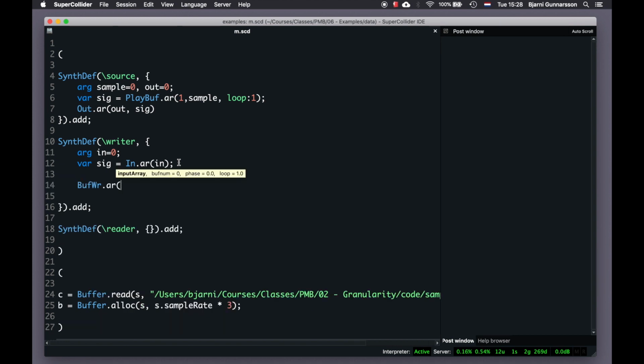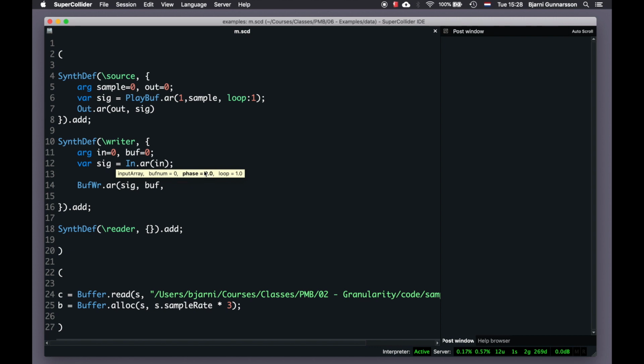So dear BufWr, we give you here the input. Next thing is the buffer that we are writing into. Well, we're not going to be doing much with it. We just need the number. And then we here say buff, we put it to 0. It's this buffer here, which is actually number 6 at the moment, but the default value can be 0. We'll be hot swapping that later on. So then we have the buffer, we have the signal, we know where to write it to, and then we